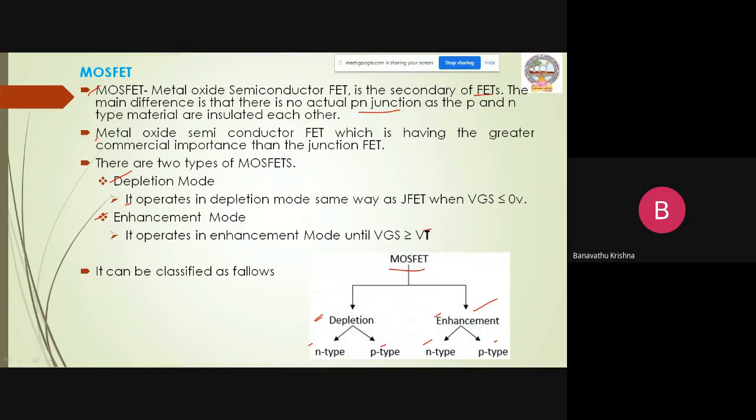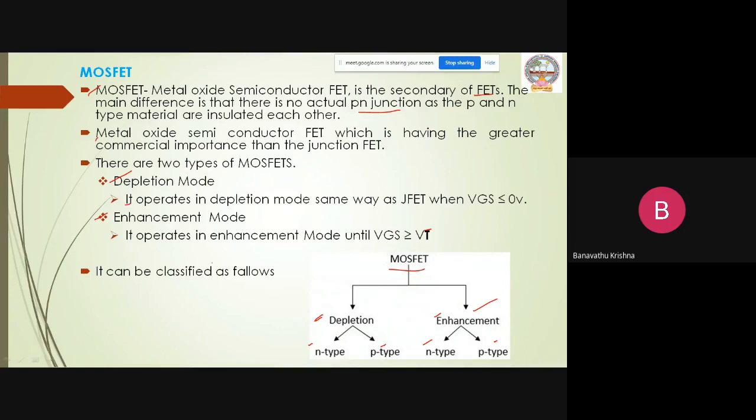Threshold voltage is the minimum amount of voltage for this region, below this level or above that level. If you are below this threshold level, there are no changes across the device. If your applied voltage just exceeds this level, then it starts changing its conducting property. So it is the minimum level.